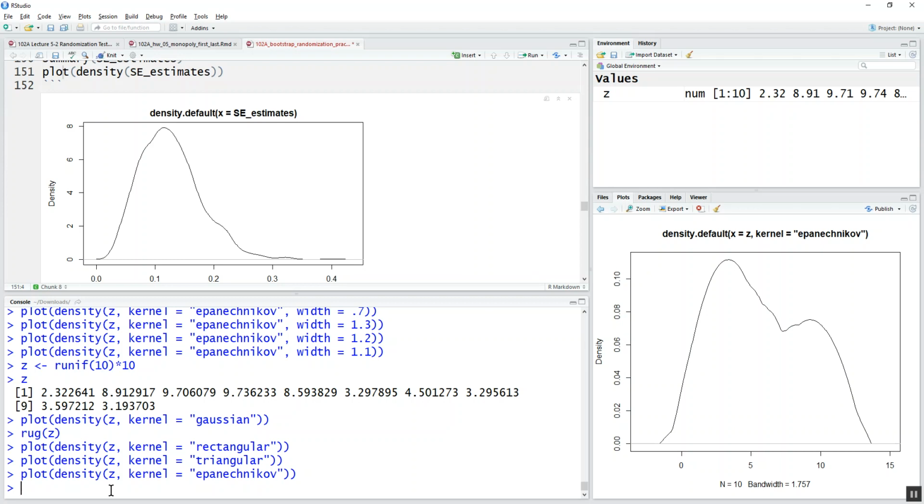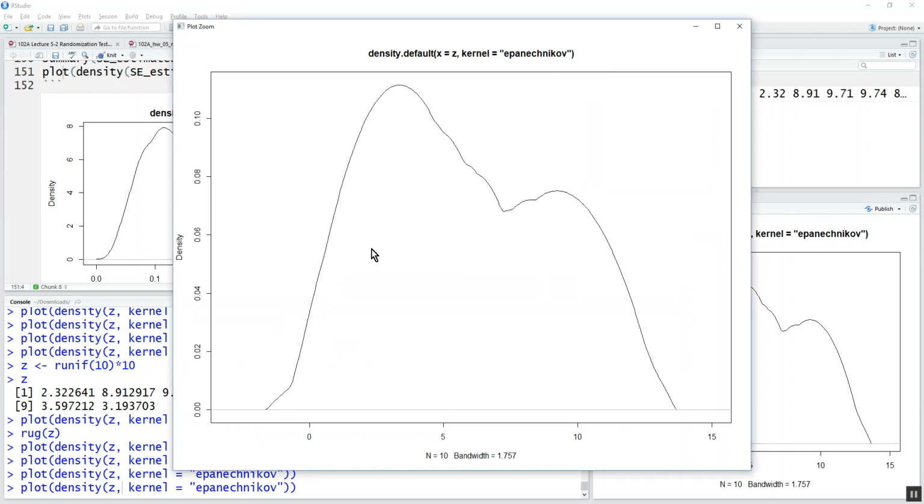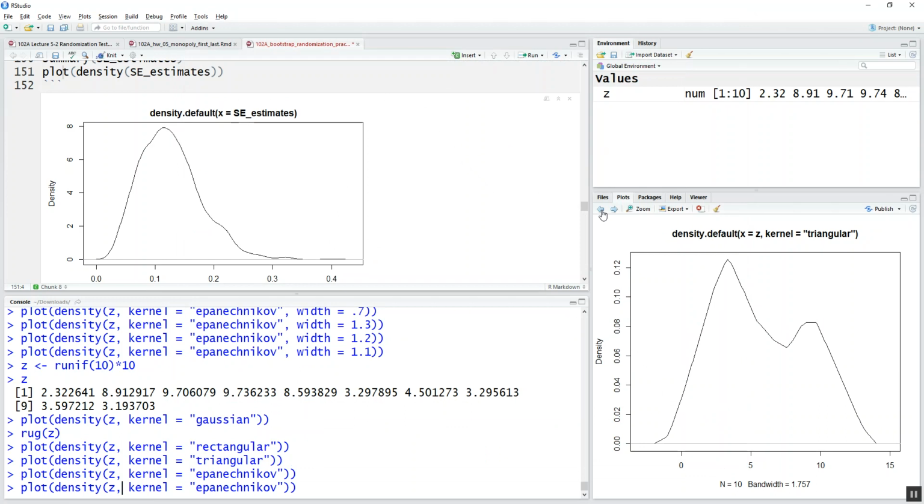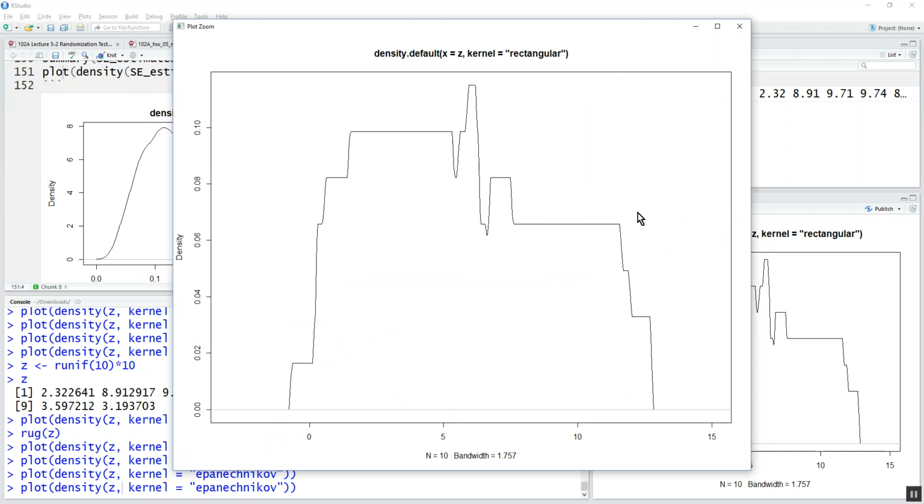Now, because of the simplicity of the command, where we just say density z kernel is equal to this, and it produces it so quickly, we might not appreciate the tremendous amount of calculations that go into producing this plot here. Because if you had to produce a kernel density plot manually, and let's say I gave you the simplest kernel, which would be a rectangle, and I give you the bandwidth, so I give you everything you need, it's still going to be a huge pain,